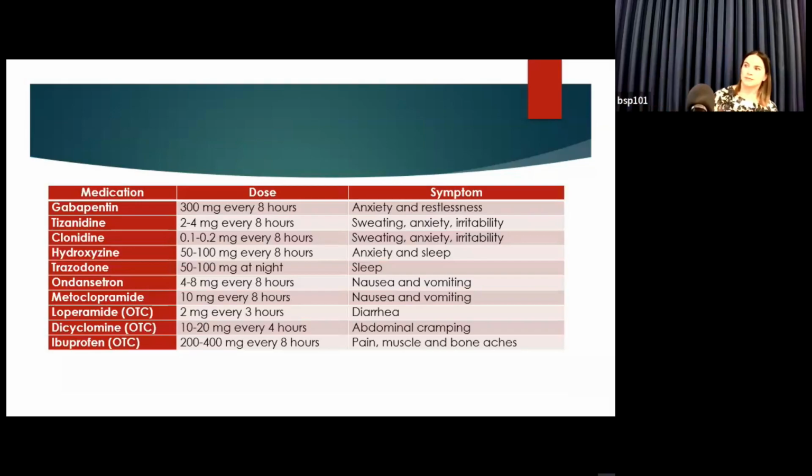Whether you're switching somebody to buprenorphine and you're just trying to help them get through that first 24 hours, or they don't want medication and you're just trying to get them through withdrawal, this is kind of a laundry list of some of the options of things you can give them to manage their withdrawal symptoms. I don't give patients this whole pharmacy when they leave my office. What I do is I ask them what their most problematic symptoms are, and then I give them medications based on that. Most people who are using opiates know what their withdrawal feels like, because it's very rare that somebody has never experienced withdrawal when they are opiate dependent.